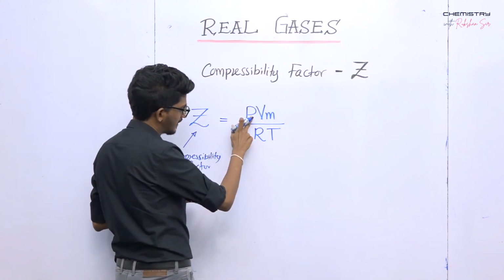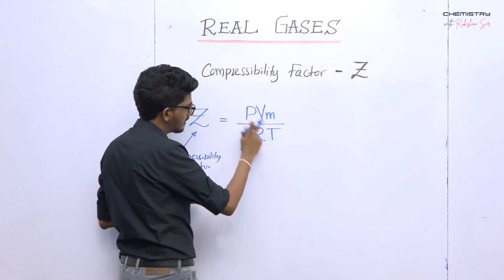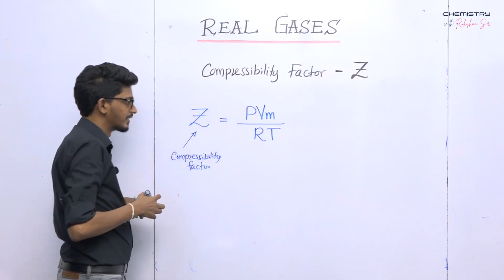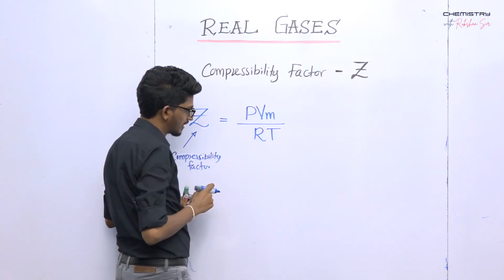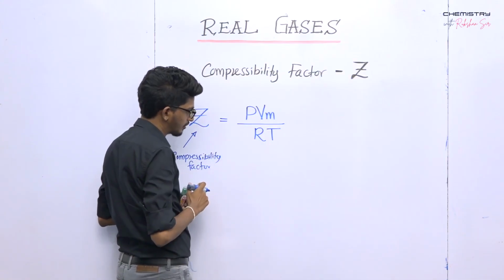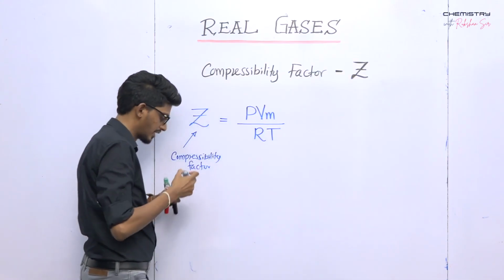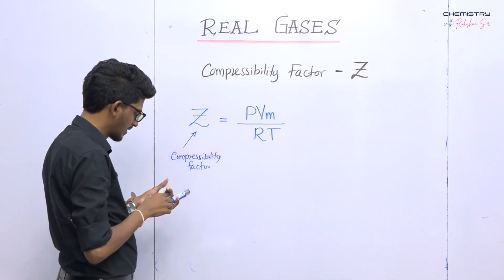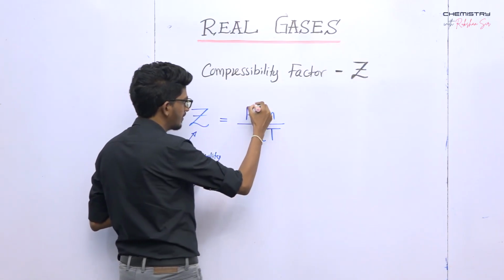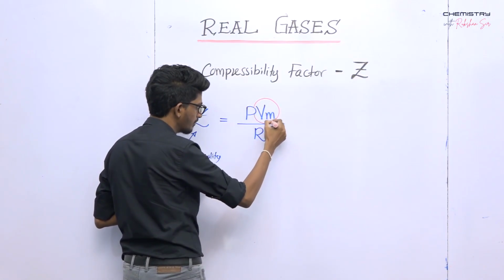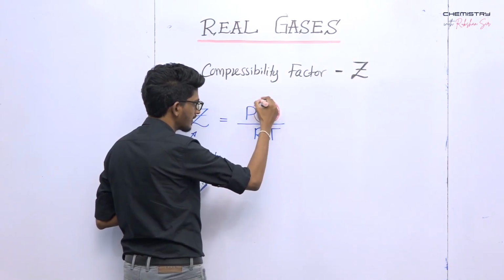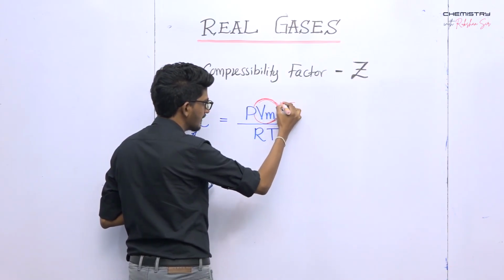And the P, R and T are with the normal meanings, right? So P is the pressure of the gas, R is the universal gas constant, and T is the temperature of the gas. And this Vm is special. This Vm is not just the volume. Right? This Vm is actually